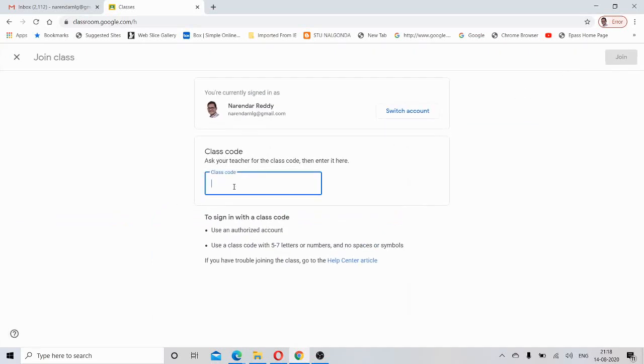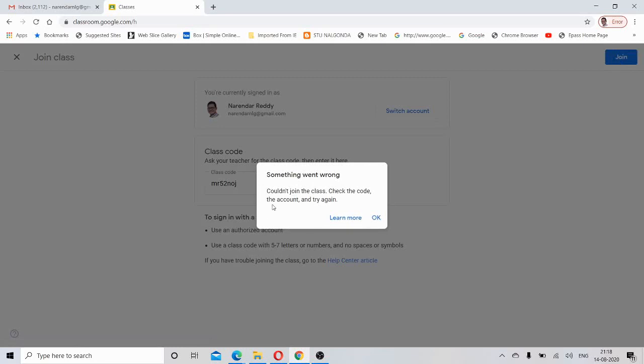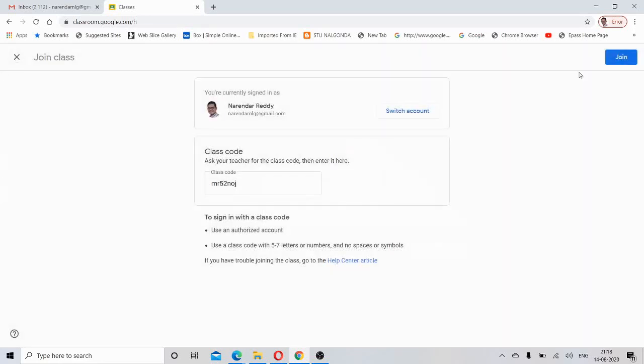See here, it is asking for the class code. So if I paste it and if I click join, yeah, could not join the class. Check the code, the account, and try again, because it is my own class. I can't join as a student in my own account, so that's why it is not accepting. I simply wanted to show you how it works.